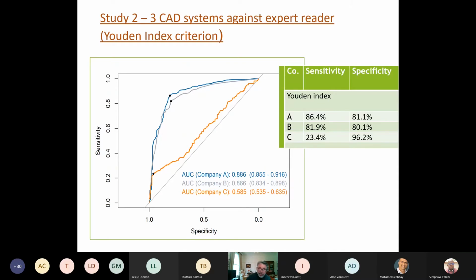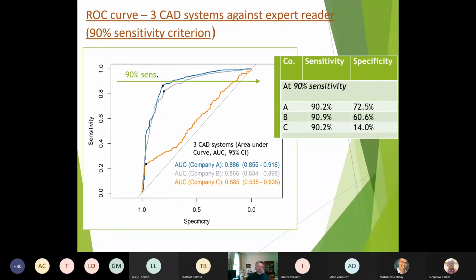I'm going to speed up here a bit, and I'm going to move to a different criterion. So these are the same curves. We need a criterion to decide what our set of sensitivity and specificity is going to be, because the one is dependent on the other. The WHO, for screening purposes, have stated that a 90% sensitivity and a 70% specificity should be the target for screening for tuberculosis. So what this enables us to do, and the 90% sensitivity line is a bit misplaced, is to find the point on the curve.